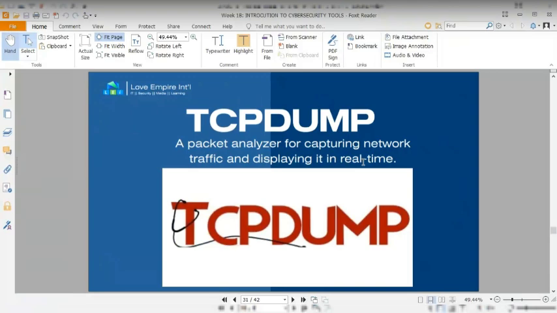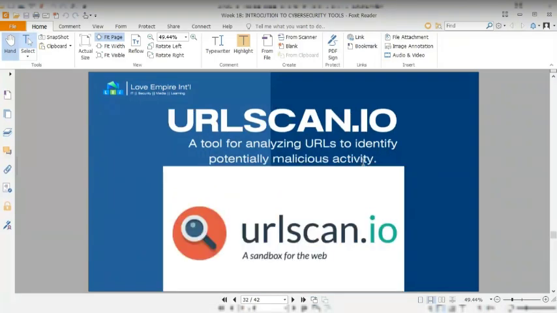Then we have TCP dump. TCP dump is a packet analyzer for capturing network traffic and displaying it in real time. We're going to use this as well. We use TCP dump in Kali Linux. This comes with Kali Linux. We're going to use it. Then we have